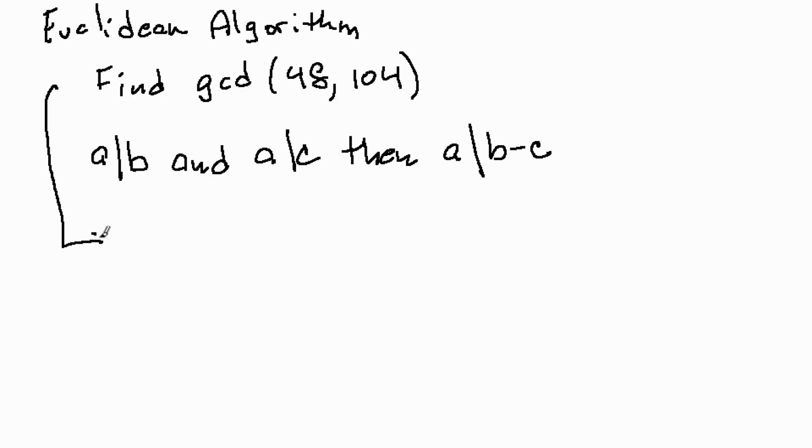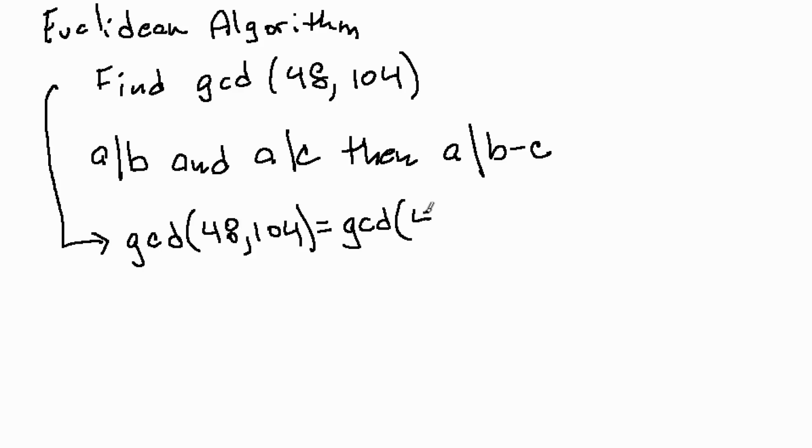And I'm going to come over here and I'm going to say that the GCD of 48 and 104 is actually equal to, and what I'm going to do here is, well, 104 is the bigger number. So I'm going to say that's equal to the GCD of 48 and 104 minus 48. Now notice the 104 minus 48 is this B minus C over here. So if I come over here and do this subtraction, that's equal to